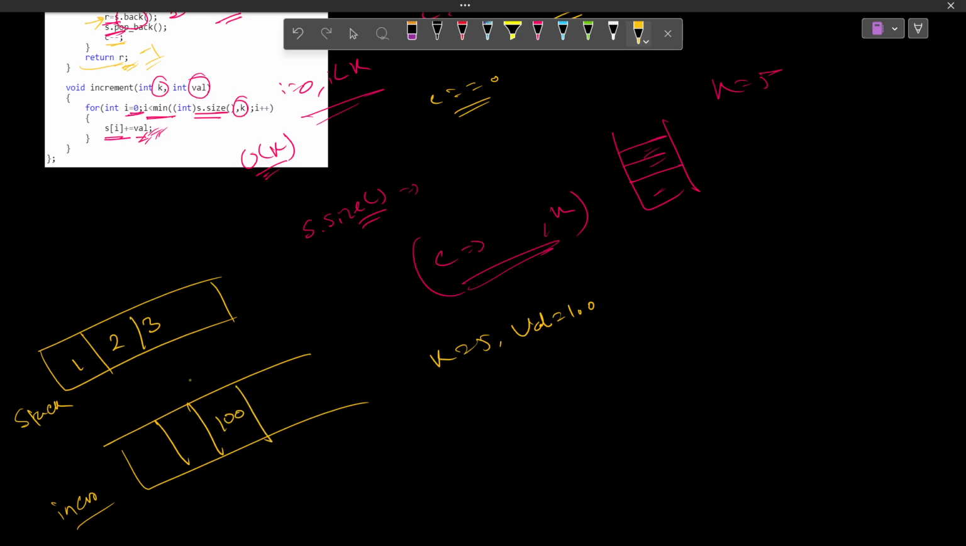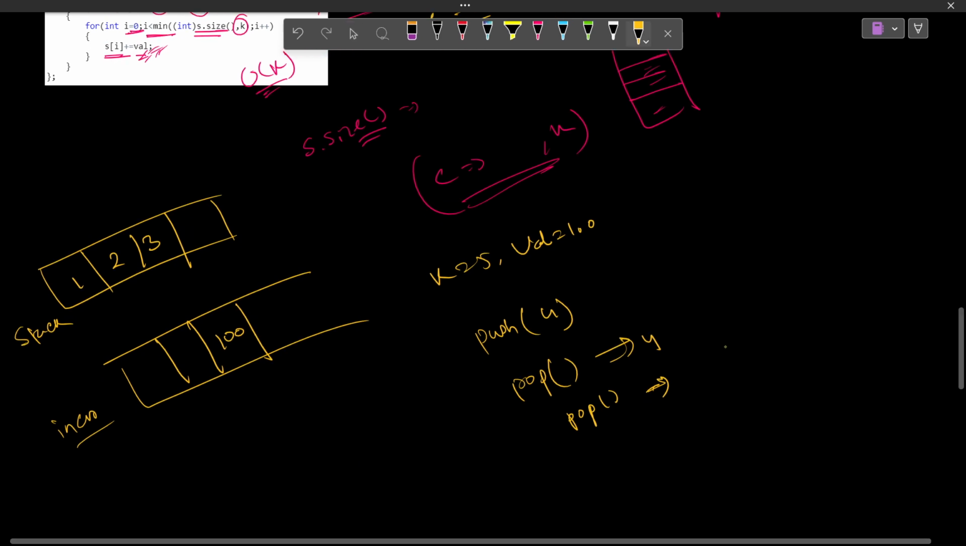Now suppose we are calling the push function again, push 4. So it will store 4 here, right? After the increment operation. Now you are calling the pop function. So what should it return? It should return 4. So 4 will be popped from the stack. Now again you are calling pop. So what should it return actually? 103,